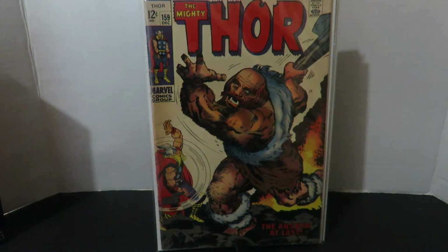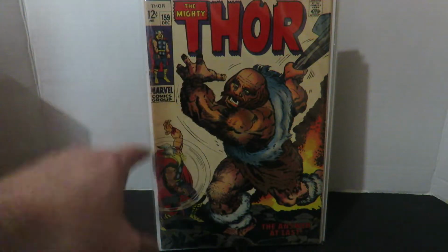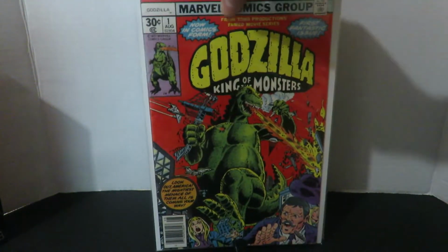In terms of the comic, other than the color, everything else is in good shape. There are no missing pieces. There's a little bit of damage here in the corner and some creases on the side, but other than that, it's a really good cover, a really nice comic for the price. Can't let it go. And then here we have